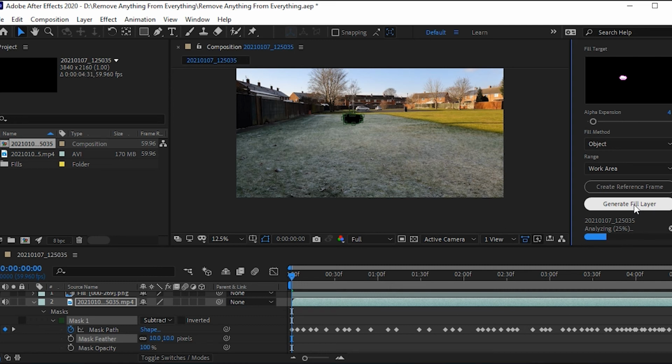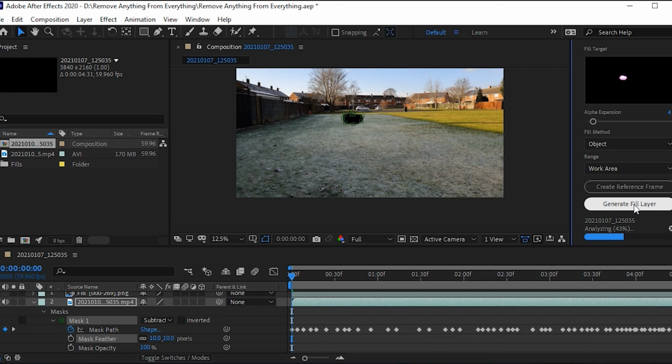So it will try and predict what it needs in order to make that scene look like that thing wasn't actually there in the first place. And to be fair, it does a great job. On the whole, it's a pretty good thing. It does do quite a good job of making sure that it gets as accurate as it possibly can.